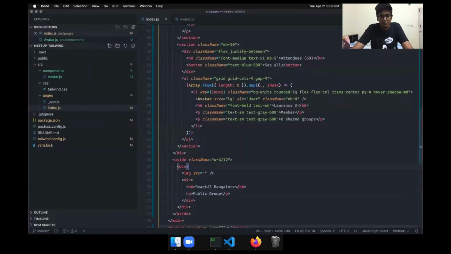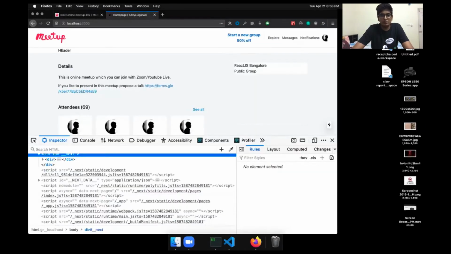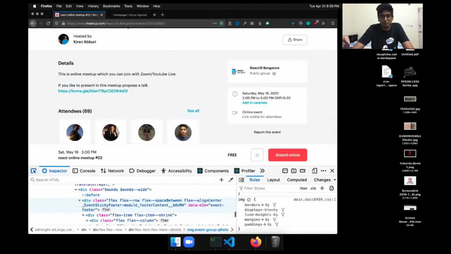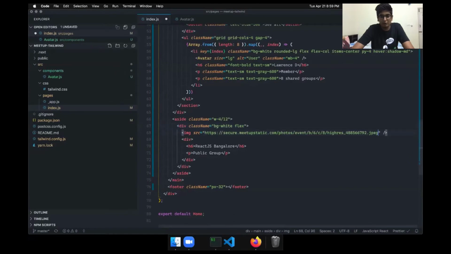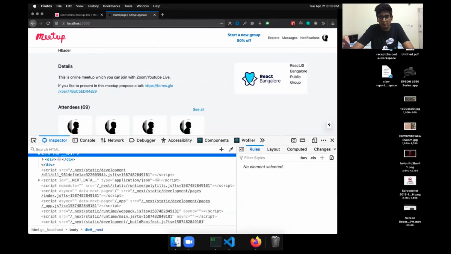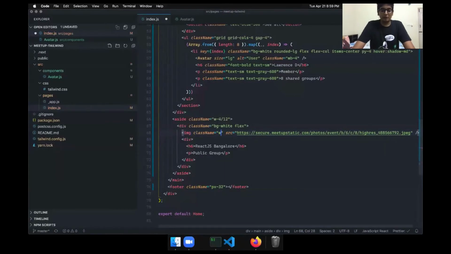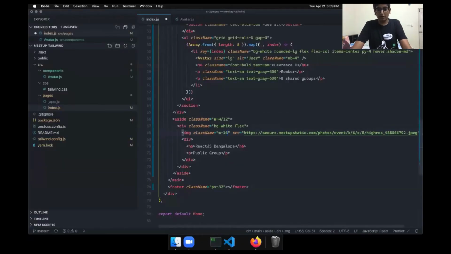Okay. Now in the div we want to have this bg white, and we also want this to have a flex class and use the image from here. Okay, so they have a big image. Let's put it, and I'm sure it will break the page. Okay, it didn't. So what we want is that the class should have, let's say, a width of 12 only. I think 16 would be better.